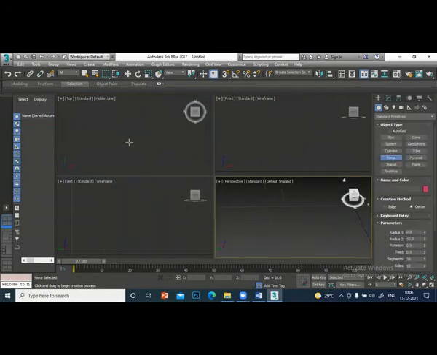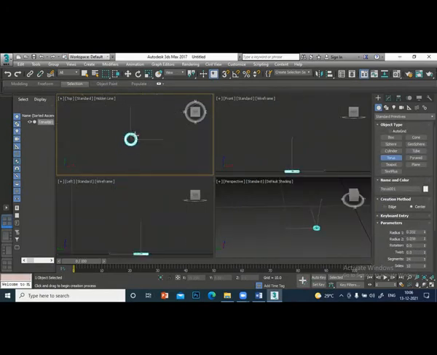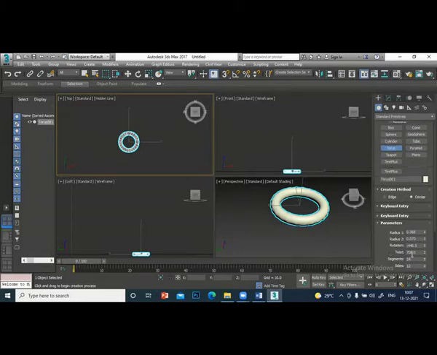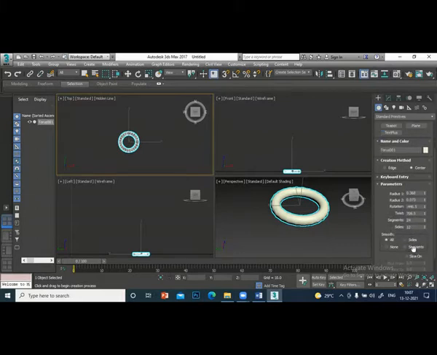Torus. When you change the torus, you can change various things here. You can see the twist and so many things you can change and try.